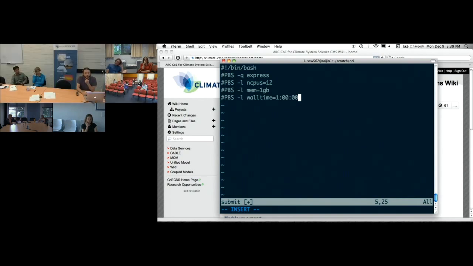So we enter all these. The number of CPUs is important because it tells the queuing system how many CPUs you want. Memory and wall time are also important because they determine where the queuing system will put your job. So you want to try to get fairly close to what you're actually using.